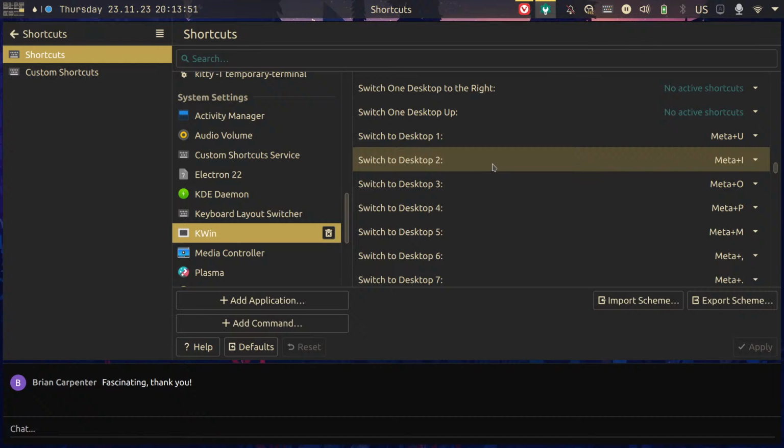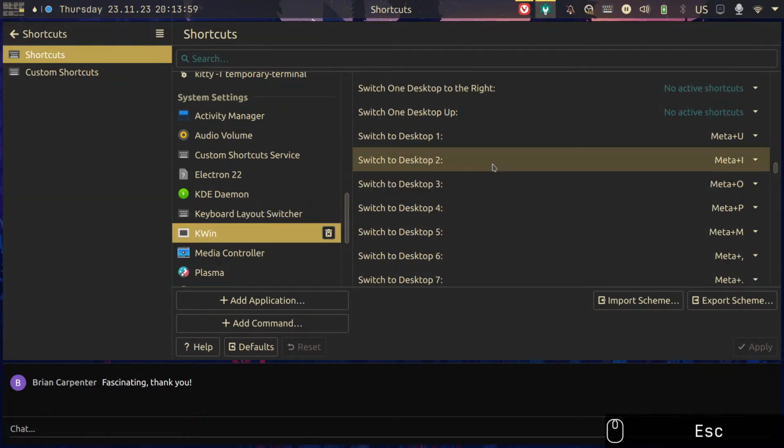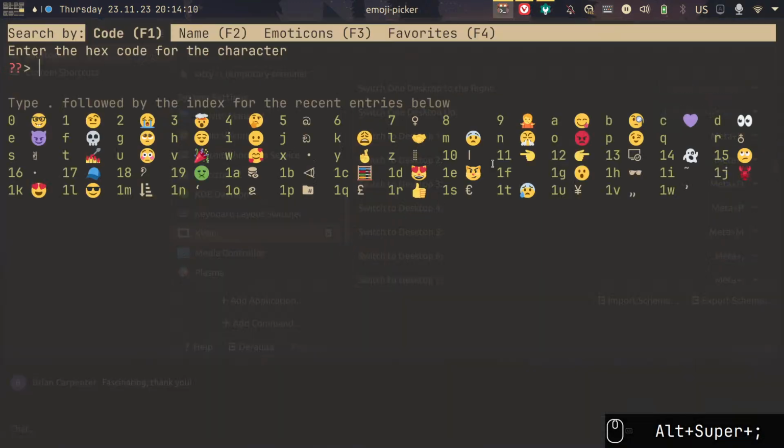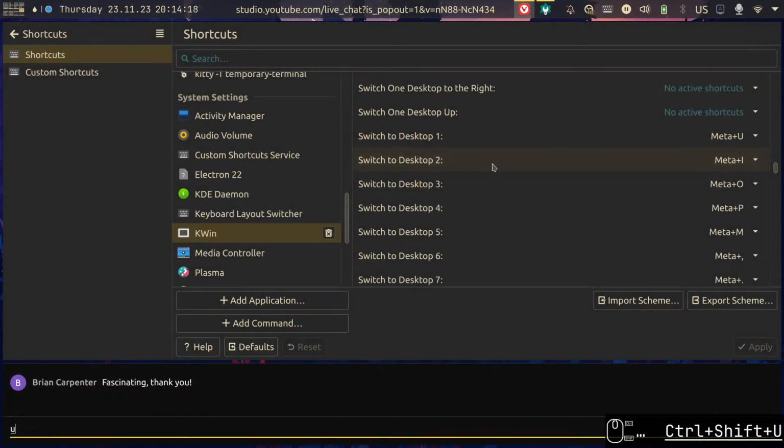So, I moved a few hotkeys here and there. Meta semicolon is still my KRunner. It feels really good to me because semicolon is always on my right pinky, so boom, it's very easy. And in a similar sense, something that I use really often is emojis. So I put my emoji picker here for if I don't remember the Unicode, because I'm not sure if I